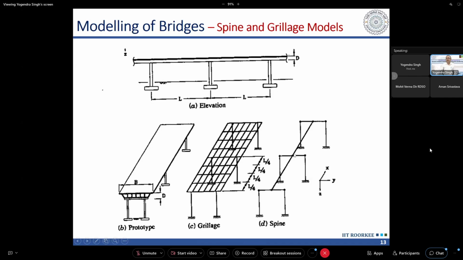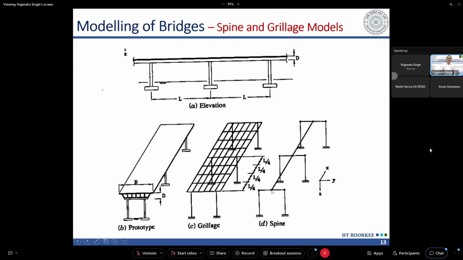So those constraints, that is the relationship between the degrees of freedom of the superstructure and the degrees of freedom of the substructure, are appropriately assigned as per the bearing arrangement. So this is the simplest model,